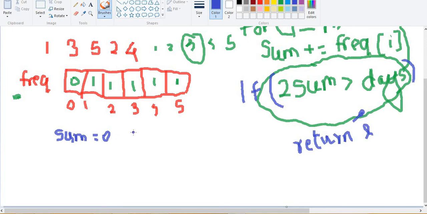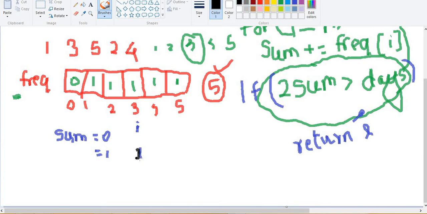So twice of sum is not greater than days. We move ahead. We come to i is equal to 1. So sum becomes 1. Let me write i here as well, so you can understand it. So for i is equal to 1, sum becomes 1, and the number of trailing days here is 5. For 5 elements, we want to find the median. So let's proceed ahead.